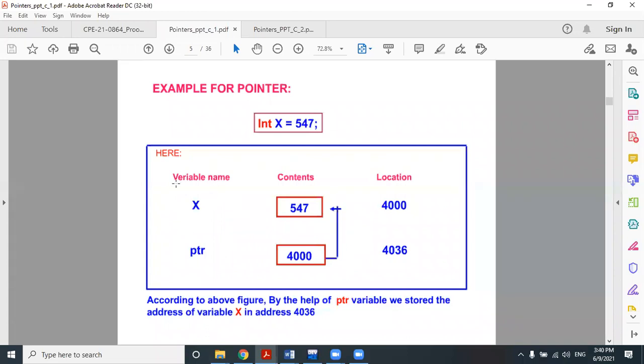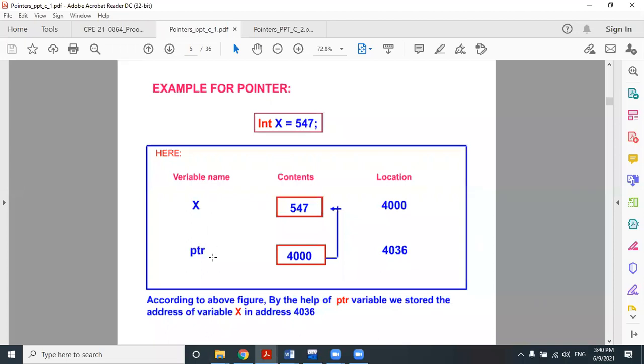So if I apply a dereferencing operation on the pointer variable PTR, listen very carefully, it will always give you the value of the variable whose address has been stored by PTR.